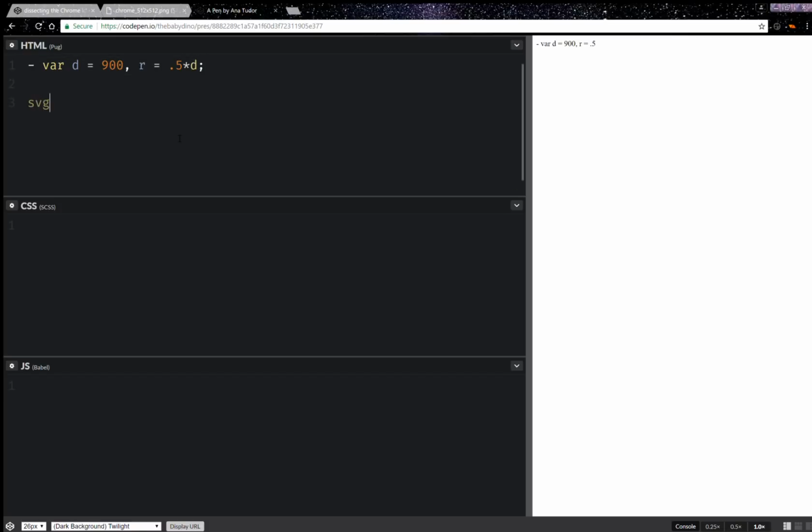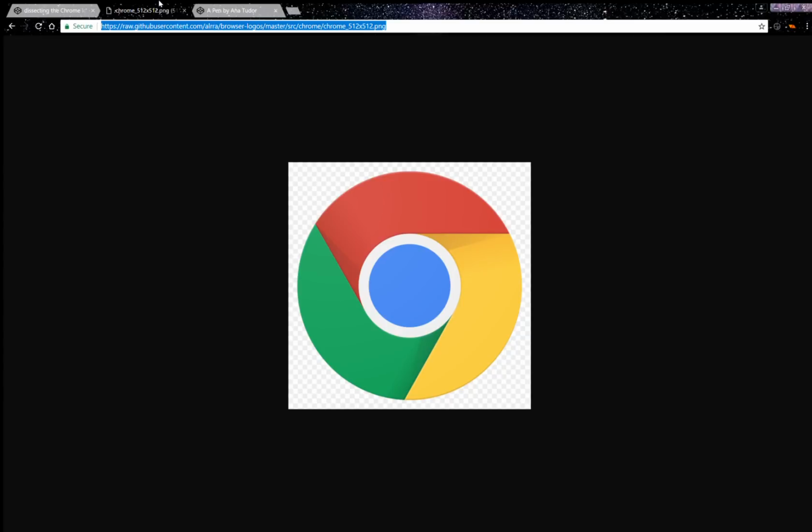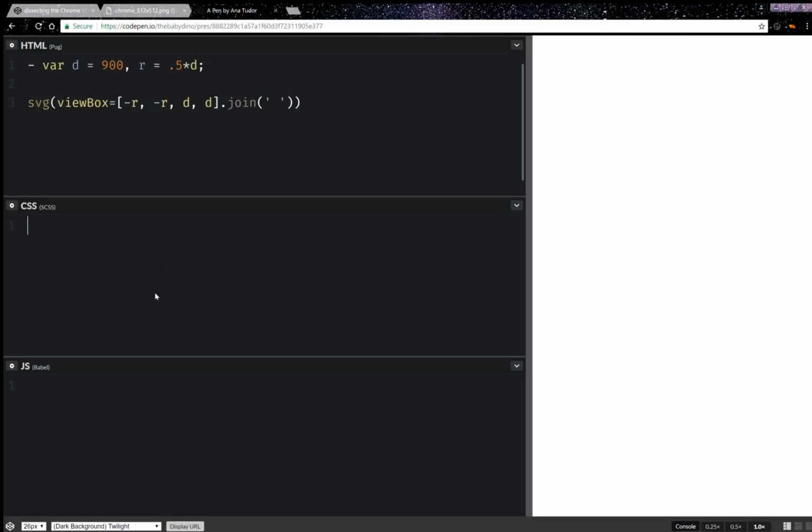So SVG view box. And I'm going to set this view box such that its 0 point is right in the middle, and this is going to be helpful with circles and with transforms and stuff like that. So join those values with a space, and I want to see the result I want to get to. So let's do something like this: